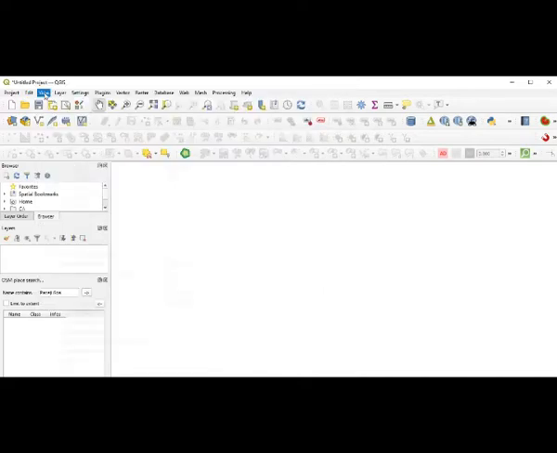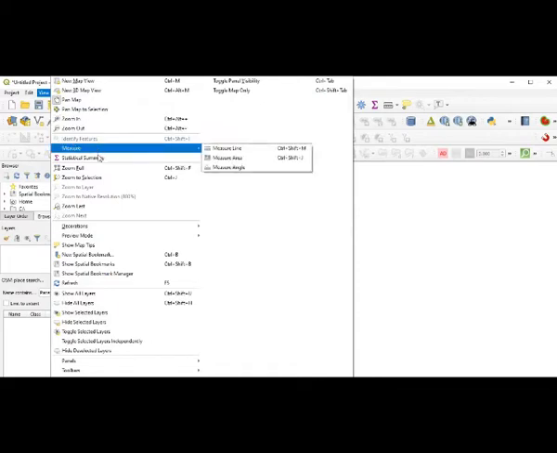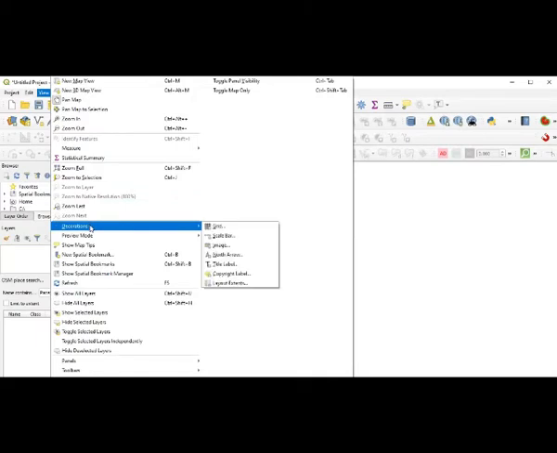Then view gives you a lot of other options: new map view, new 3D, pan map to selection, zoom in, zoom out, then measurements, then statistical summary. And decorations like scale bar, north arrow, title, legend, and many other things are there as part of that.